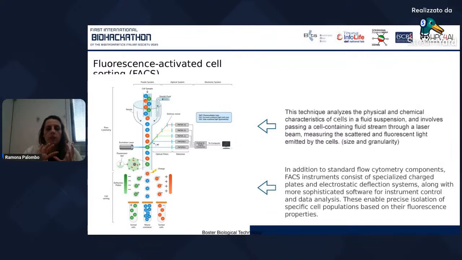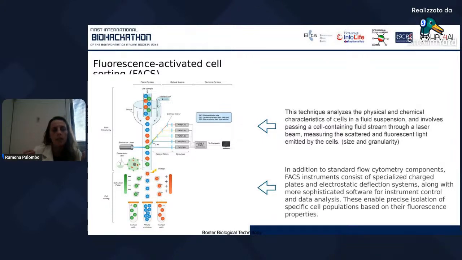And this is for the cytofluorimetric part, but the fluorescence activated cell sorting is able to analyze the cell, as I said before, but then with the electrostatic deflection system, I can deviate the flow of these cells